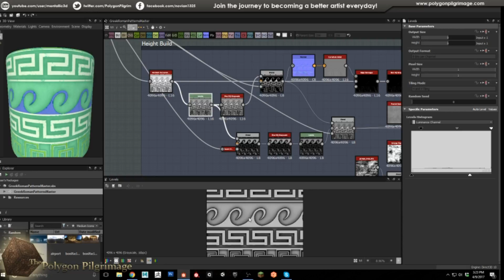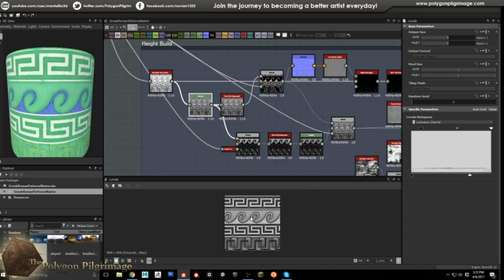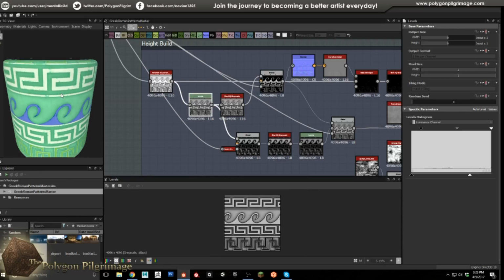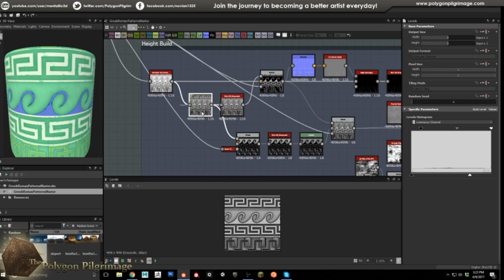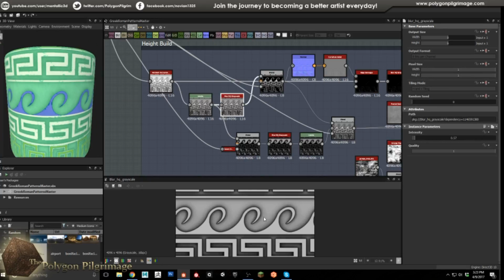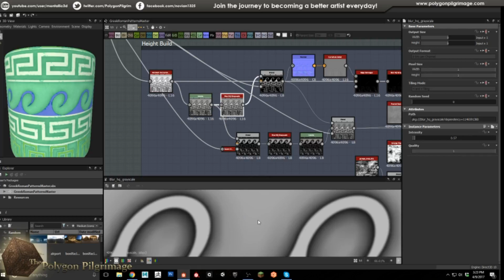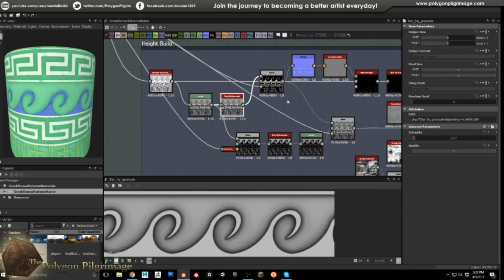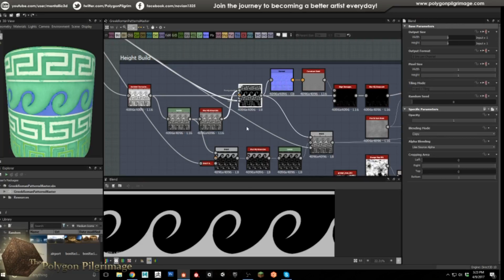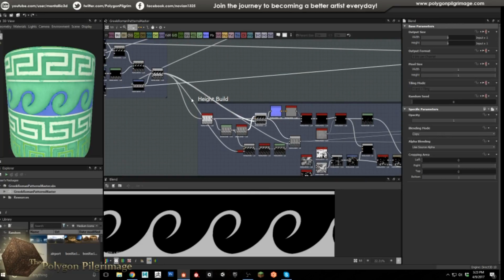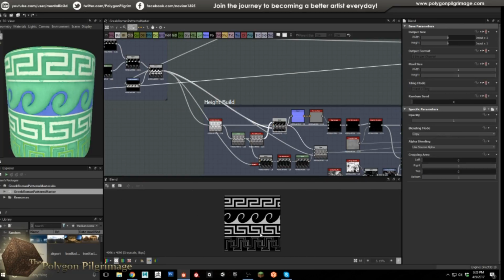Now, pumping it through levels to try and just kind of bring things down a little bit. I didn't want things popping off of here. I wanted them to be relief. So then a little bit of a blur, high quality grayscale to get the background smoother. I was getting some stepping in here, especially when I put it into a normal map. Speaking of normal map, let's blend these together, and I'm going to remove the background because I only want the